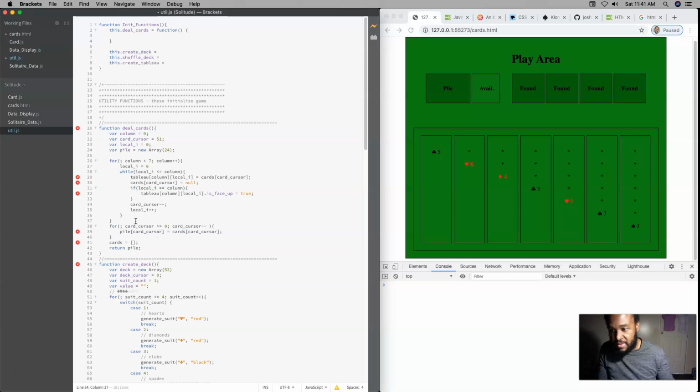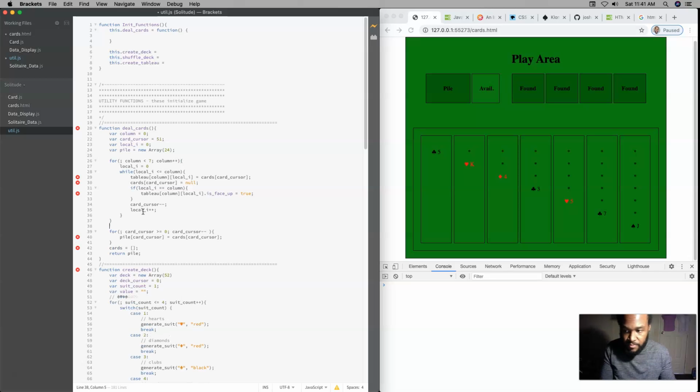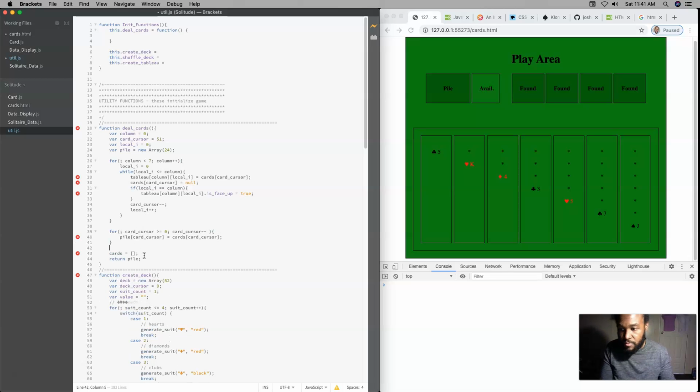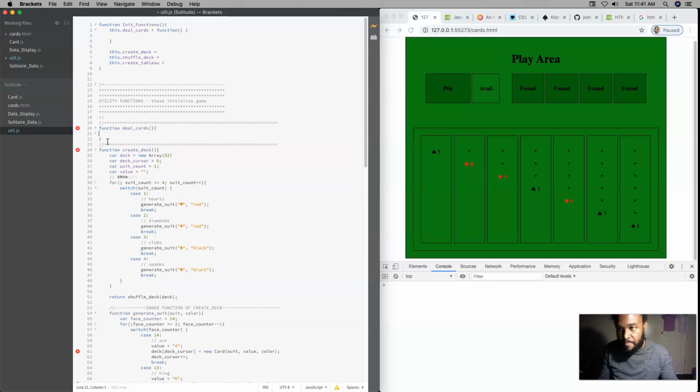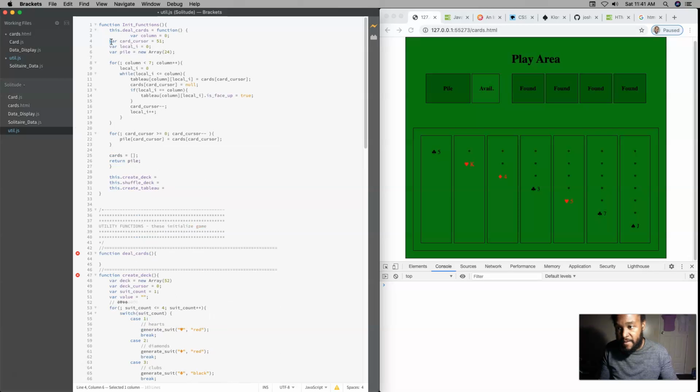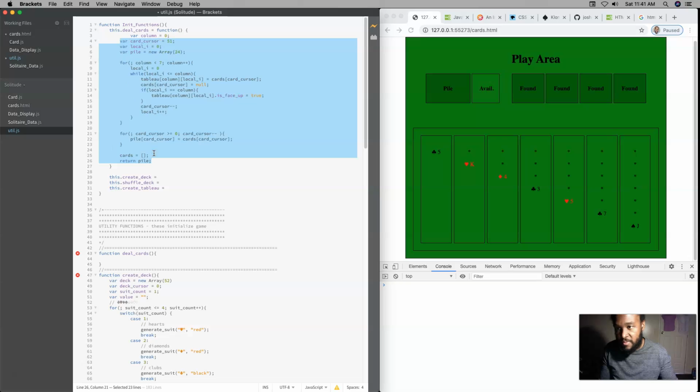I can take the guts of this now and copy it into there. I don't know why sometimes it still screws it up. Like this. So that's deal cards. This one is